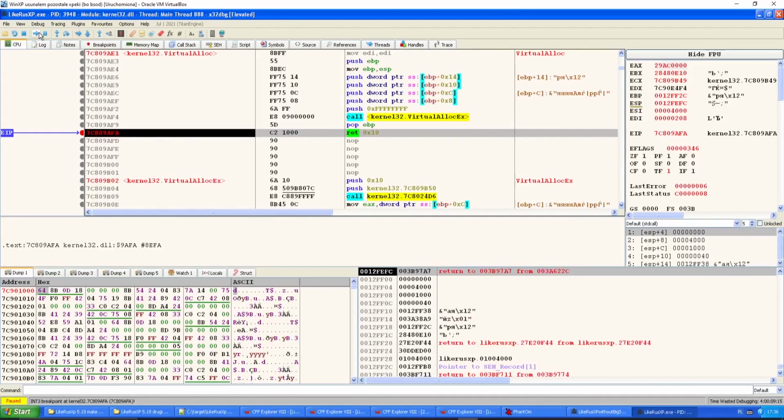Okay, this is the correct address, and when we click again Shift and F9, we will run our target. We launch our application. So now we are very close to the OEP, and now what we have to do is